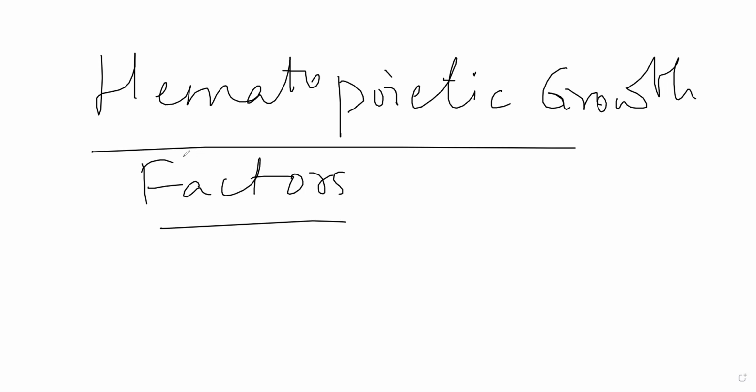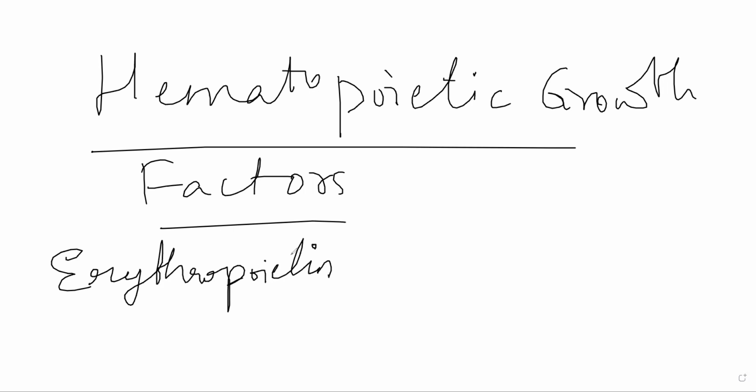Now, these growth factors will mainly include erythropoietin itself, synthetic erythropoietin. So erythropoietin is normally secreted in your body. It is produced by your kidney in response to hypoxia and anemia, and it will bind to erythropoietin receptors on your red cell progenitor cells, and it will stimulate red cell production. That is how erythropoietin normally works. It will go to red cell progenitor cells which are present in your bone marrow, and it will stimulate them to produce more RBCs.